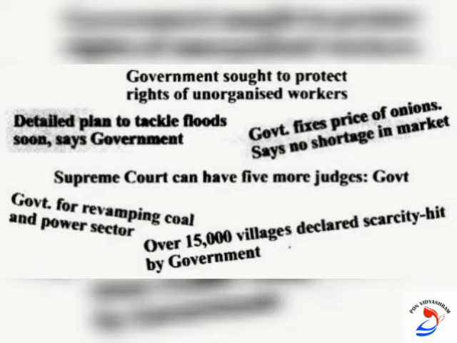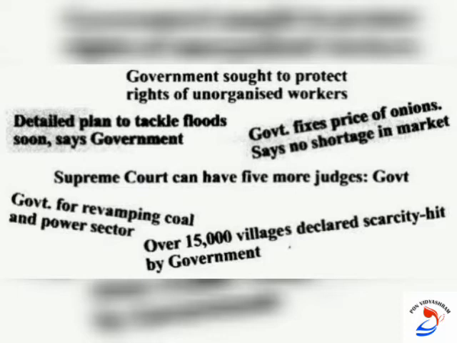You would have come across different kinds of headlines in newspapers like this. These headlines are about the important decisions which have been taken by the government. For example, government sought to protect rights of unorganized workers. Detailed plan to tackle floods soon, says government. Government fixes prices of onions, says no shortage in market. So like this, there are different kinds of decisions which have been taken by the government to solve any problem